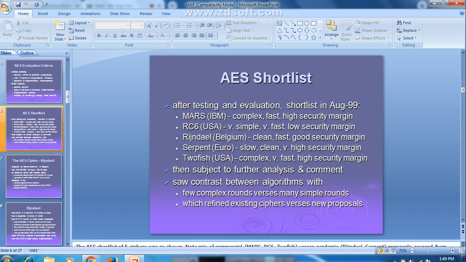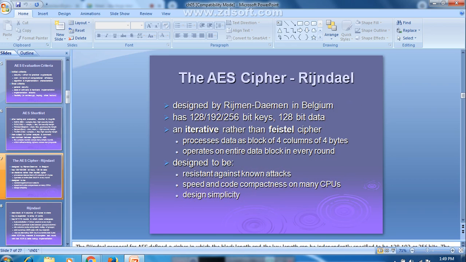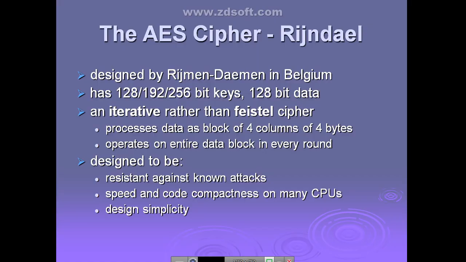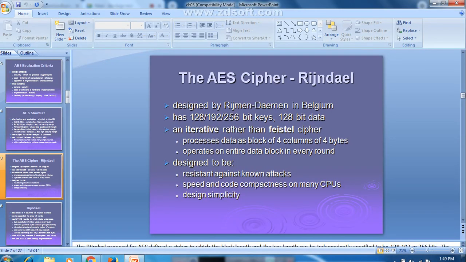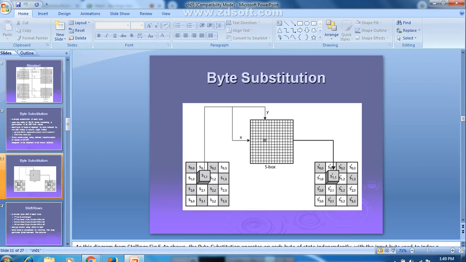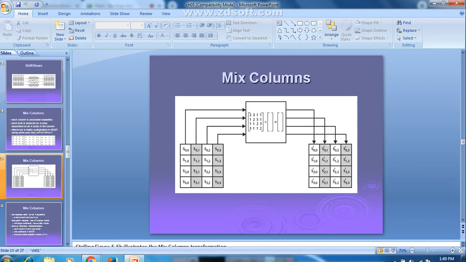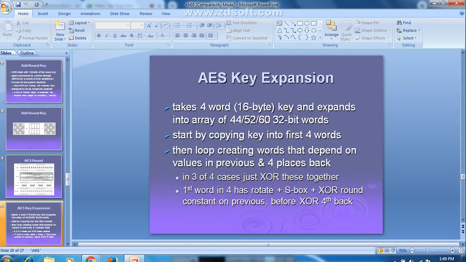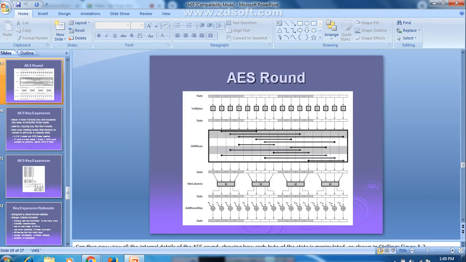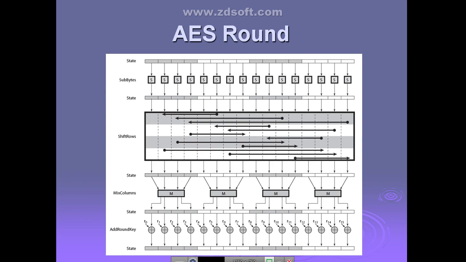Is that clear, guys? And in detail we have studied how the AES encryption and decryption algorithms are going to work. What is the round structure? Yes, the AES round structure also we have studied, how it is going to perform all 4 operations. Is that clear? Any doubts regarding this? Till this point, any doubts you can tell me.